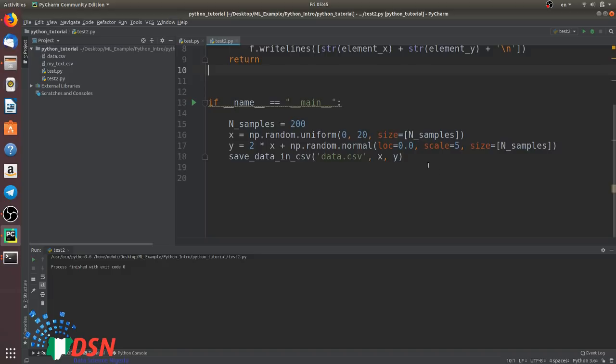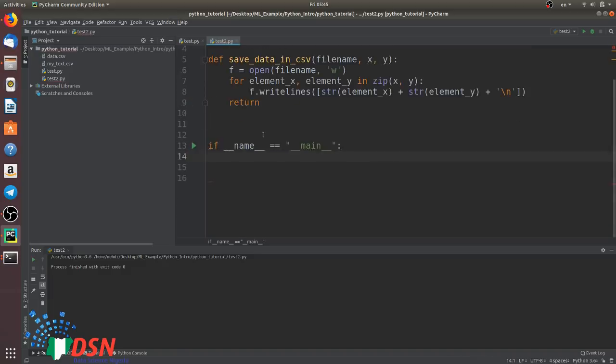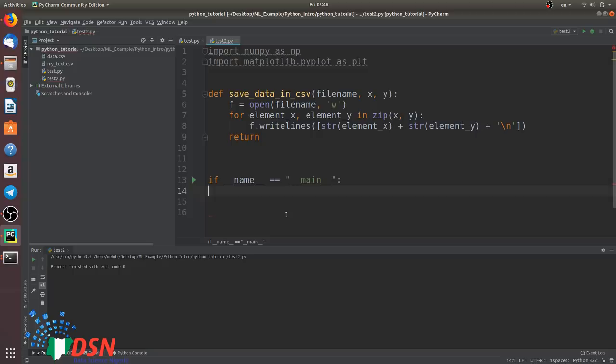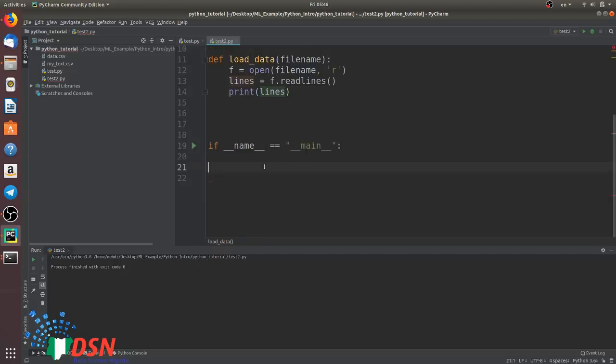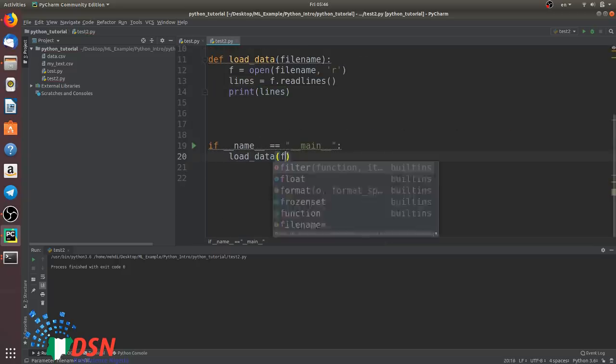Now we have our data. We want to read our data. So we want to define load data, which gets a file name and returns the x and y values. For this, we open file name in read mode, then lines are equal to f.readlines. So if we print lines in here, we just should call